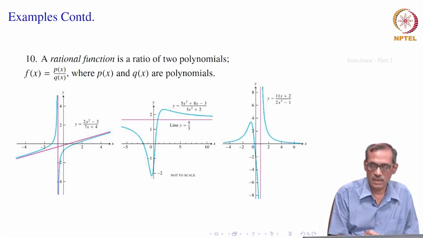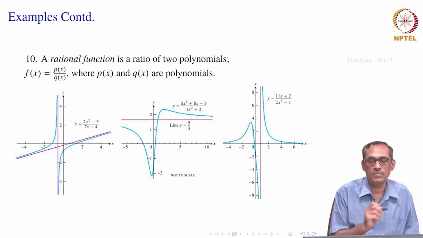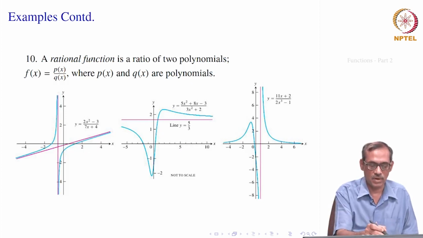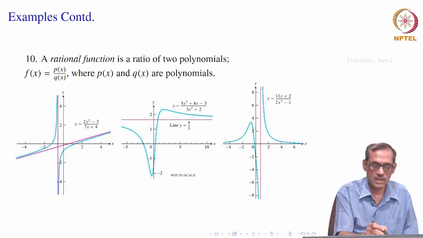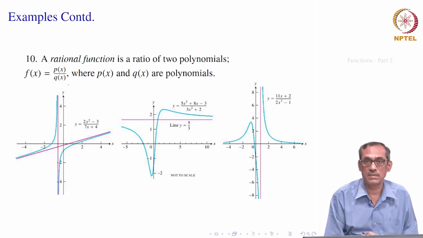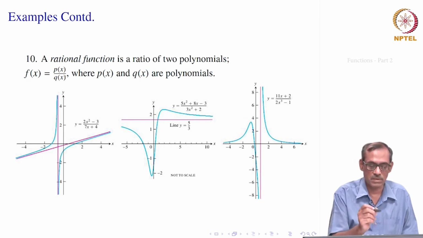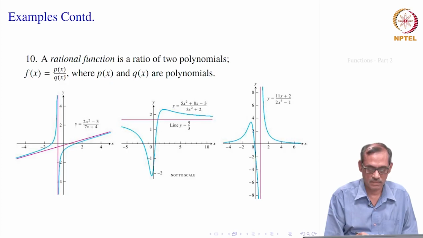Let us see a rational function. A rational function is the ratio of two polynomials. So, here p x is a polynomial, q x is a polynomial. So, you have the function f x equal to p x by q x. Naturally, this rational function will not be defined for all those x where q x equal to 0, because we cannot divide by 0. So, except those points, its domain will be everything else, that is the whole of real numbers minus the zeros of q x. For example, here y equal to 2x square minus 3 divided by 7x plus 4 is not defined for x equal to minus 4 by 7, except that point it is defined everywhere else.